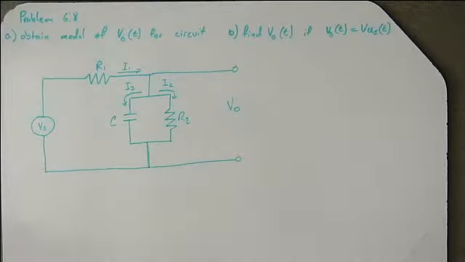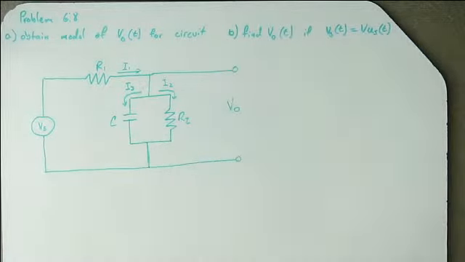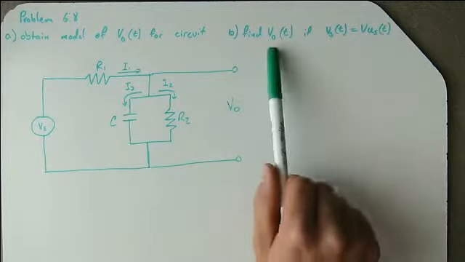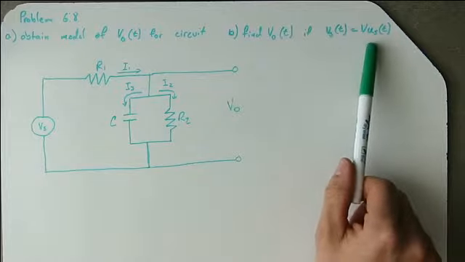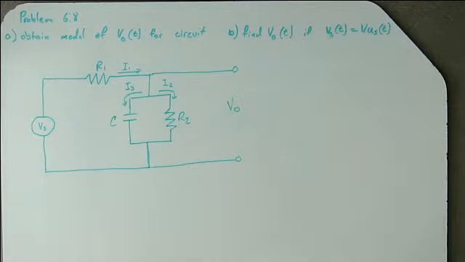Alright, so I've drawn the circuit that was given, and we have to obtain a model for the voltage output of the circuit across these two points, V out, and then find V out if the input voltage is a magnitude times a unit step. So I've drawn the circuit,